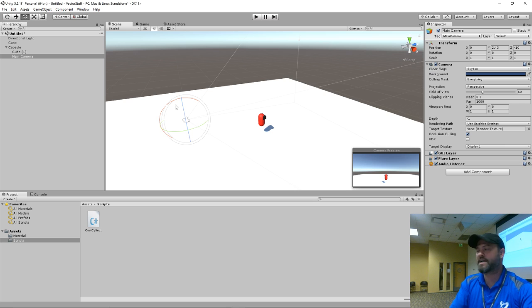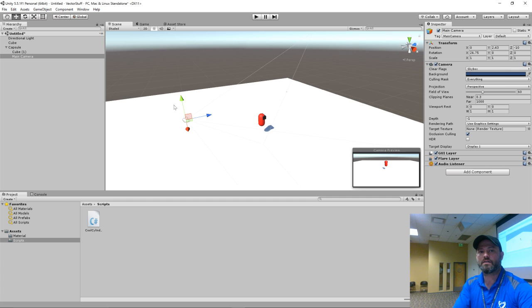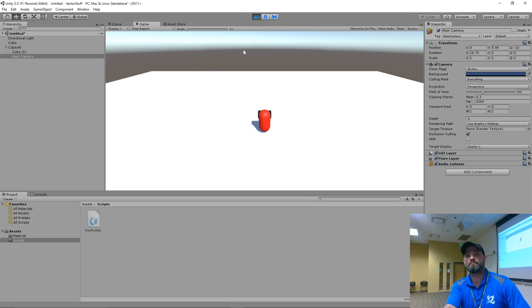And I'm rotating it down, so if I want to do this, what axes would I rotate it on? X. X is represented by red, and Unity goes like, got you. I know you want to do that. There's red, so I'm going to try to grab this red thing here, and I'm going to tilt it down a little bit, and move it up a little bit. And when I play the game, I got the camera. It's going to be locked to that guy.